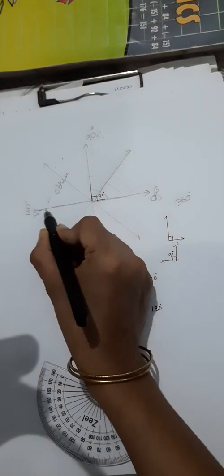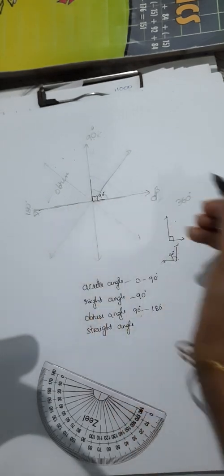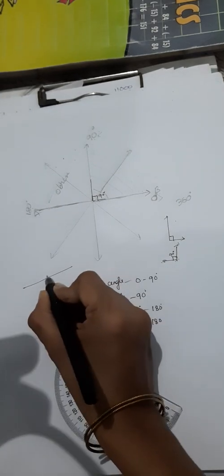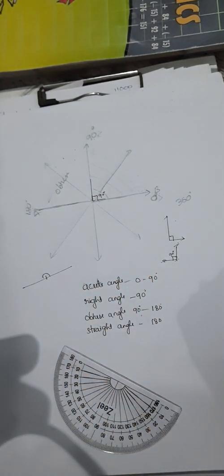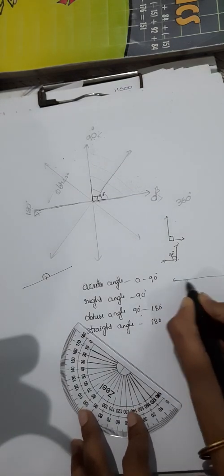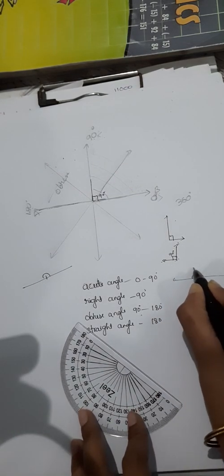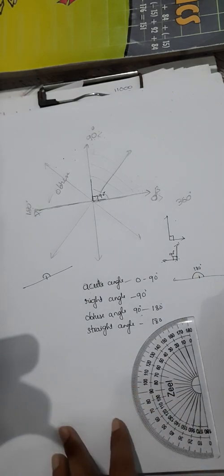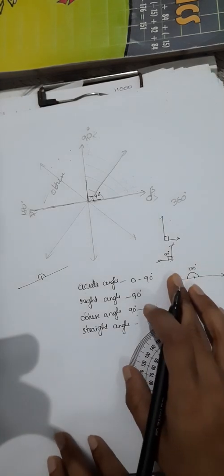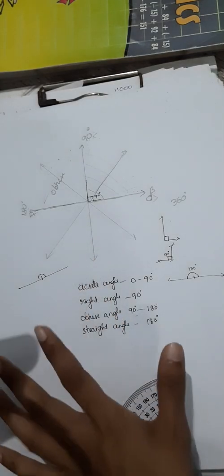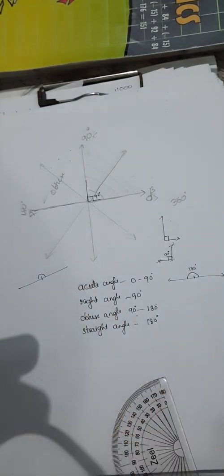The angle measuring exactly 180 degrees is a straight angle. So this angle is a straight angle. If you draw any line and measure like this, it is a straight angle. Fine. You draw any line, so from here to here, it always measures 180 degree. The angle measuring 180 degrees is a straight angle or a linear angle. So these are the four types of angles that we learn. Now let us move to the exercise part.